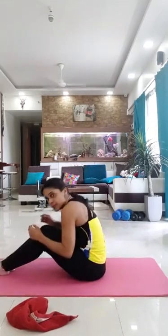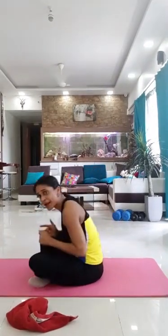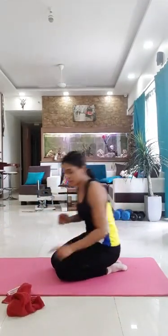Okay, so every time we work out our abs, we need to work out our back. For the simple reason, when we're working on our ab, we're cranking, right? So we're always doing this action. Our back is always coming down like this, our spine. So therefore, we need to do the other movement of extending our back. That is very important. A lot of us miss out on that post our ab workout,